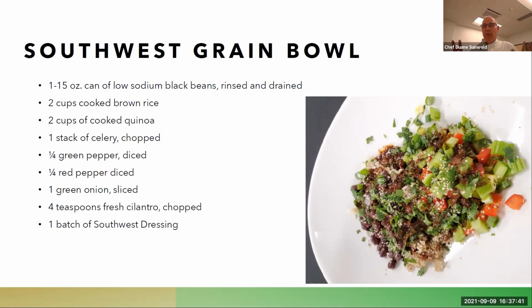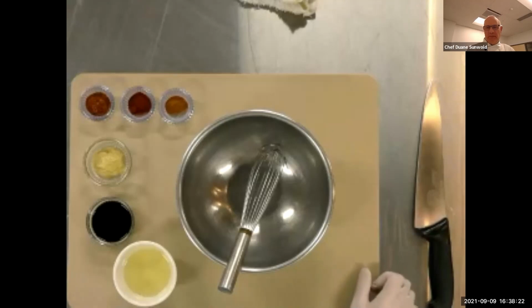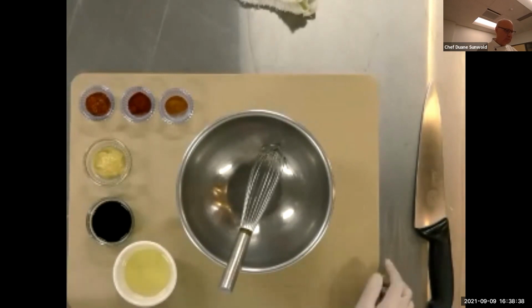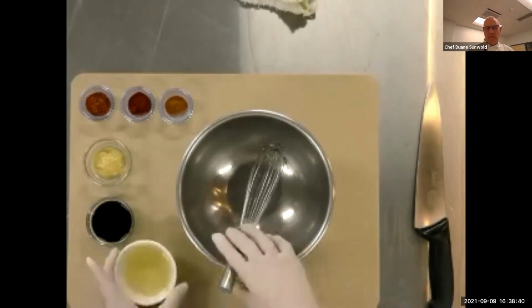So here's the cooking part of today's presentation. All right, so we're going to start by using the balsamic vinaigrette dressing recipe that's on the Puget Sound Kidney Center's website. And we're going to actually flavor that with a Southwest flavor to use that as our dressing on our Southwest grain bowl. So what I'm going to start by is adding my oil,